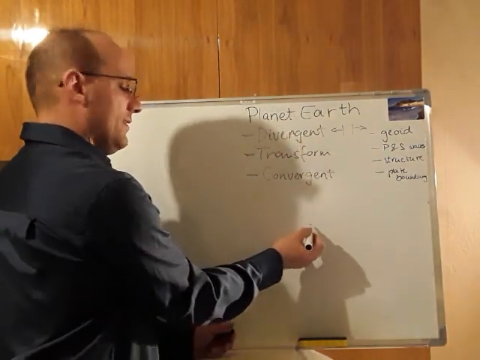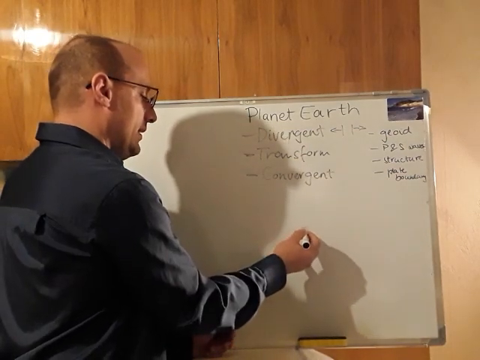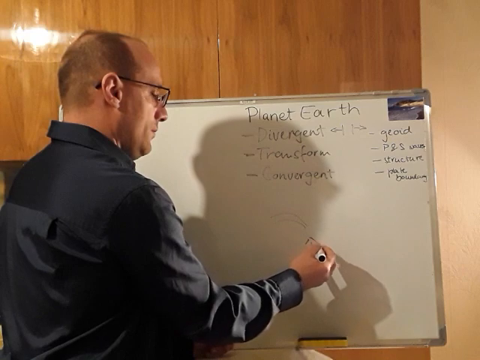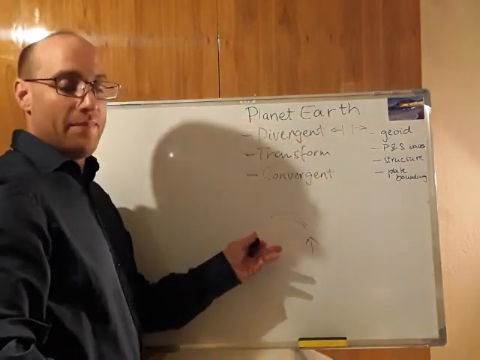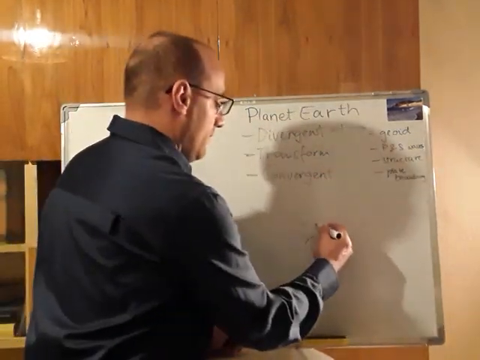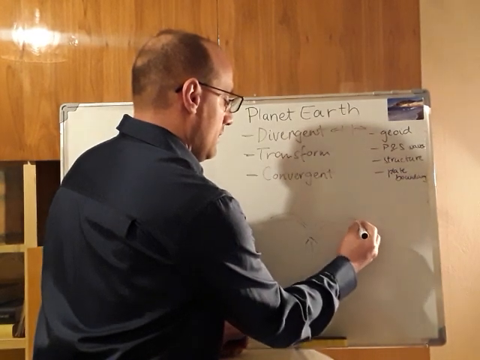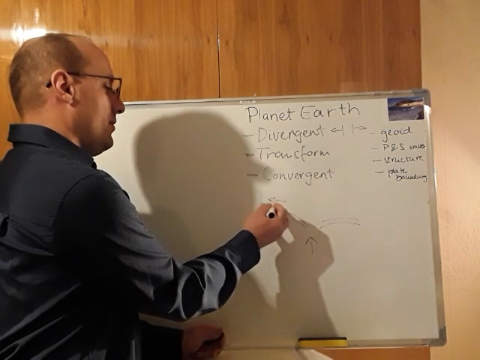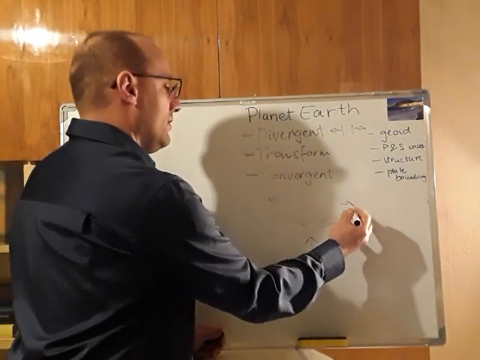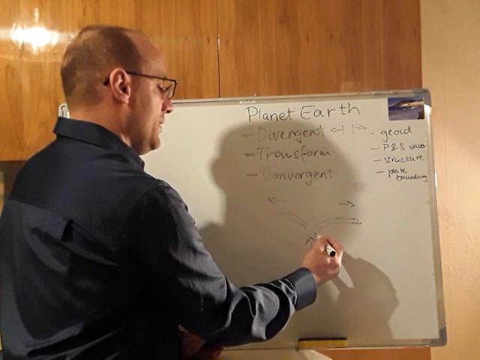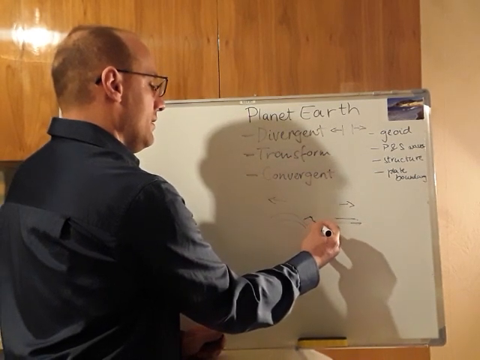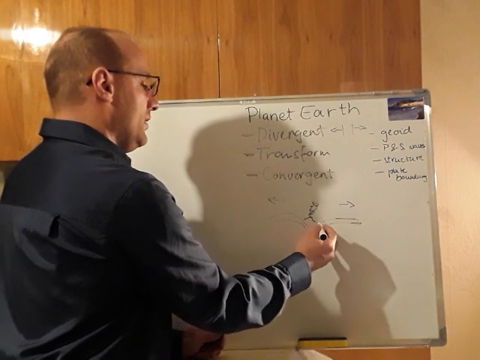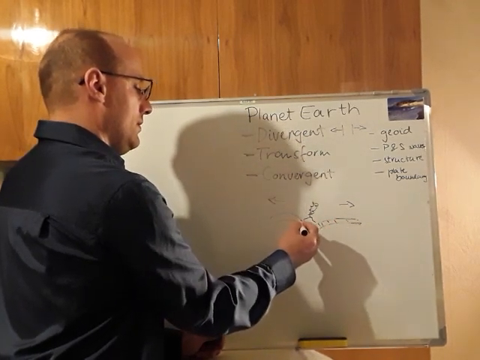So whenever we have this upwelling of material, we might say magma from down under, we have two pieces of the crust moving away from each other, and perhaps here we have volcanic activity as new material builds into